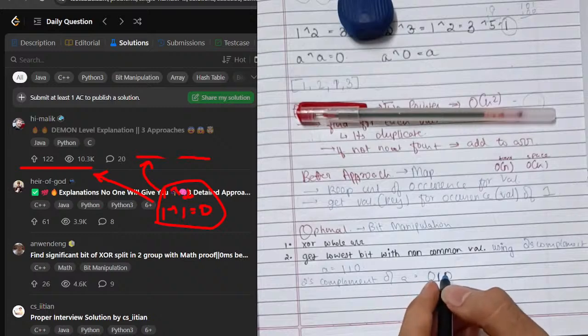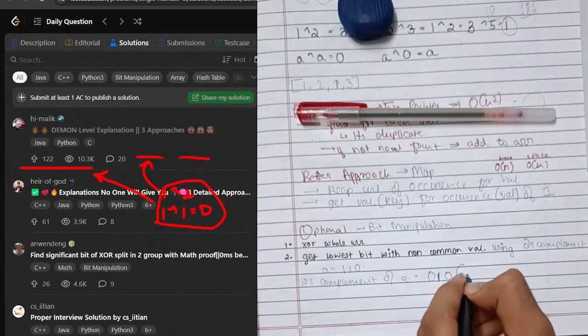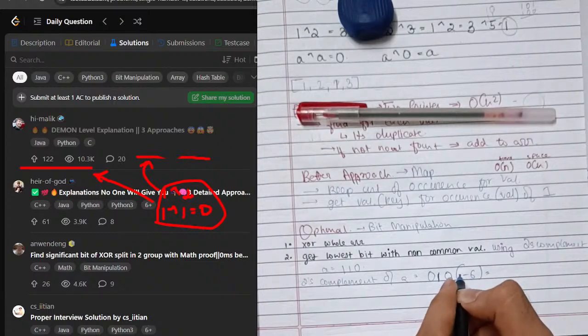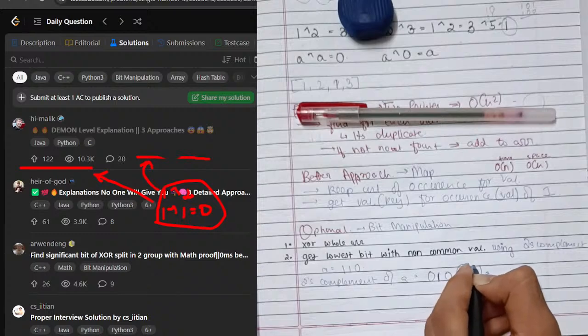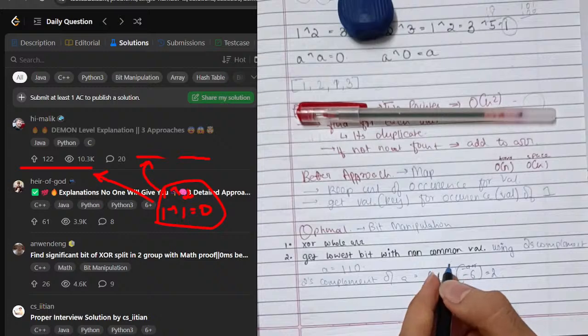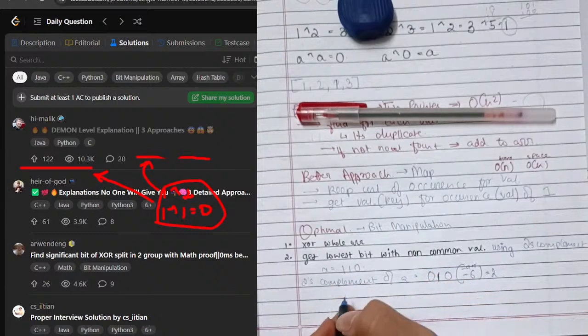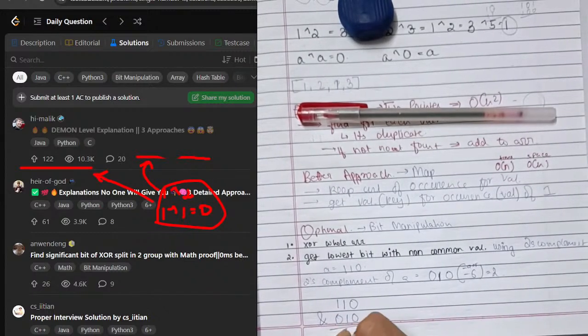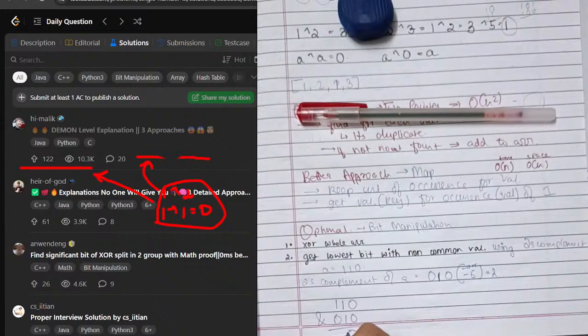This is our value. Minus A or minus 6 equals to 2. So if we do AND operation over here, 1 1 0 0 1 0, and we will find,